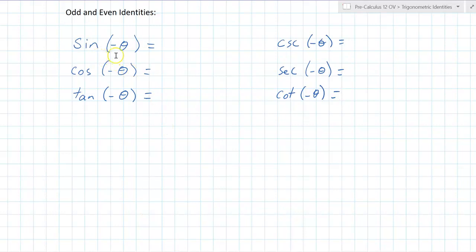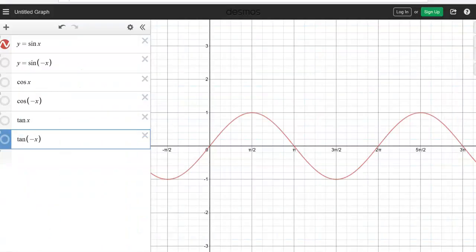So what is sine of negative theta in comparison to sine of theta? I have the function sine x drawn here. Now I said x instead of theta, but be aware that x and theta are the same. These are just an angle. Now you see the regular graph of the sine function, and when we put a negative in front of the x, notice that the graph flips over the y-axis, and of course the answer to that will end up being